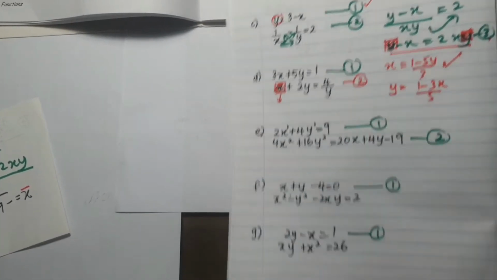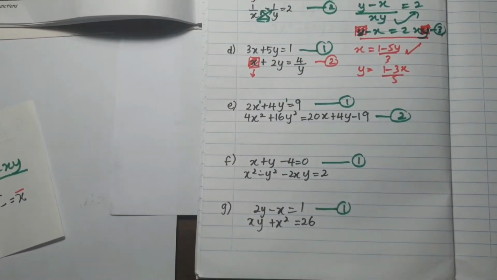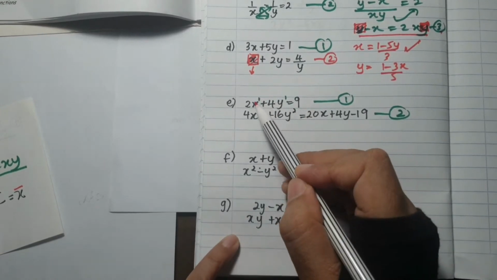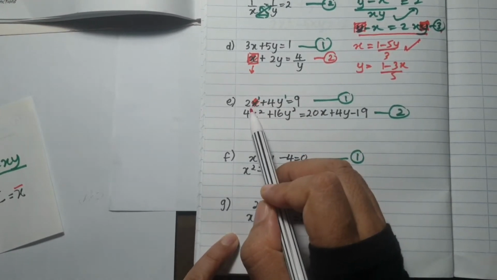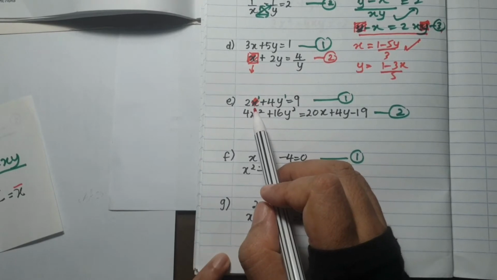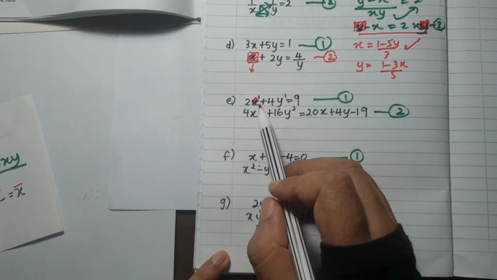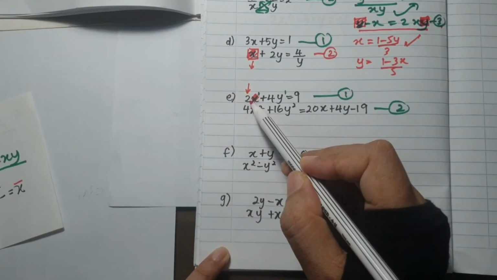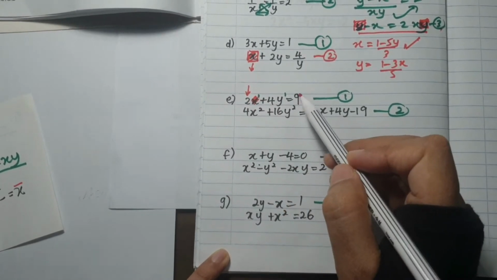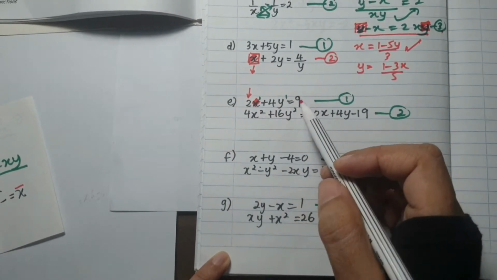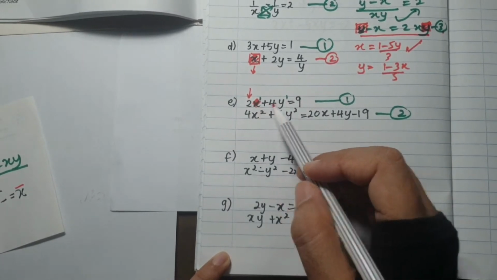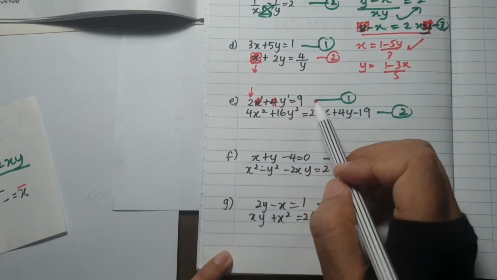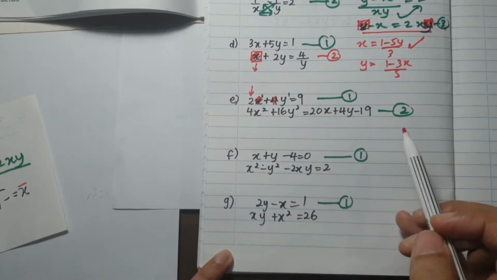Okay, next, E. For E, you can see if you choose x as your subject, of course we will get a fraction. How to know whether you get a fraction or not? When there is a number in front, because you need to divide, right? And the constant here, when you divide, you cannot simplify it. That's why you have a fraction. And if you make y as your subject, it is the same. You will also get a fraction. So the level of difficulty is about the same.